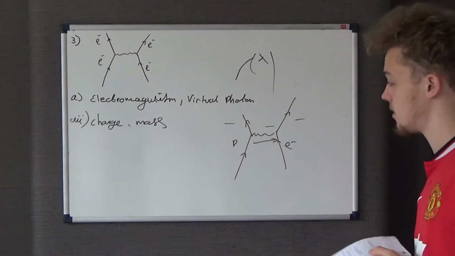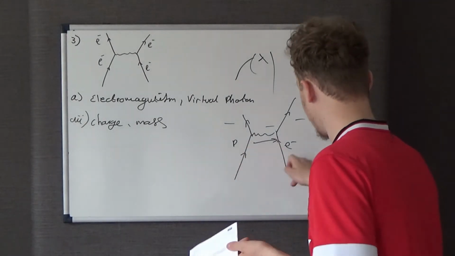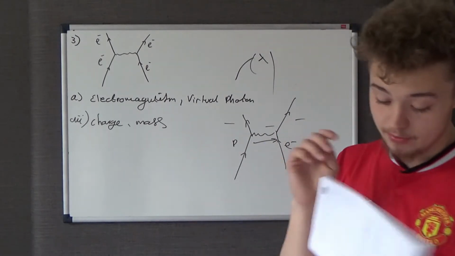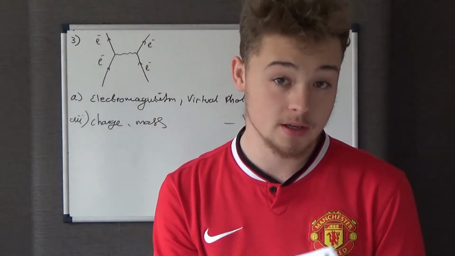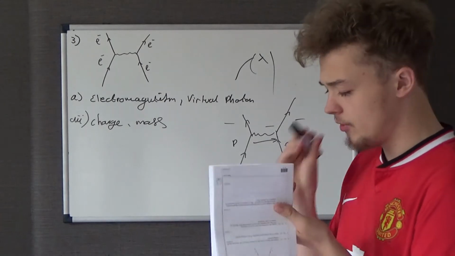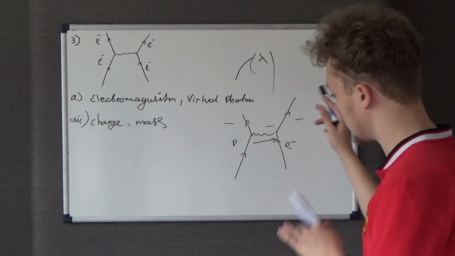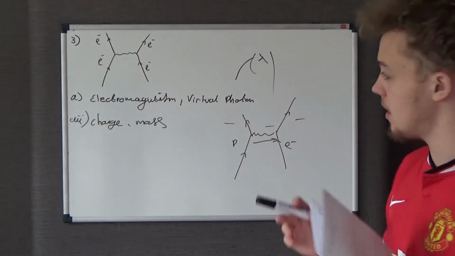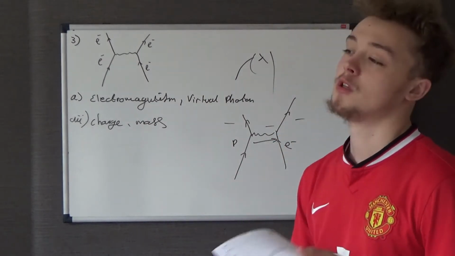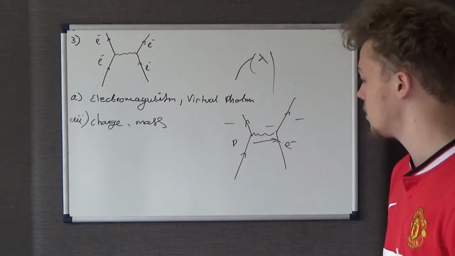Straight away that says to me, what Feynman diagram have we got that relates the proton and the electron? Off the top of my head, it's definitely not some kind of decay because it's got 2 going in at the same time. It's definitely not some beta plus or beta minus decay, because it doesn't look like that. And it's definitely not this one, we've just done that in terms of the repulsion. So the only other one you should be aware of, as a method of cancelling down, is the